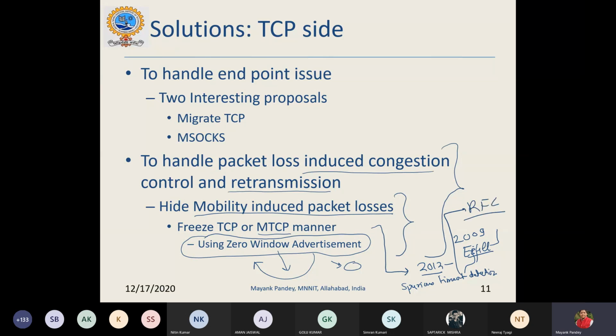Fine. So what is spurious timeout detection? The timeout which should not have happened, the timeout which is spurious, which is misleading because of mobility, has happened. So these two things were included in the TCP specification. And nowadays, the Linux kernel after 2015, and I'm not very sure about iOS, but Linux and Windows kernels have included this facility of spurious timeout detection, where once you detect the spurious timeout, which is not due to actual packet loss, which is due to any other reason, you can